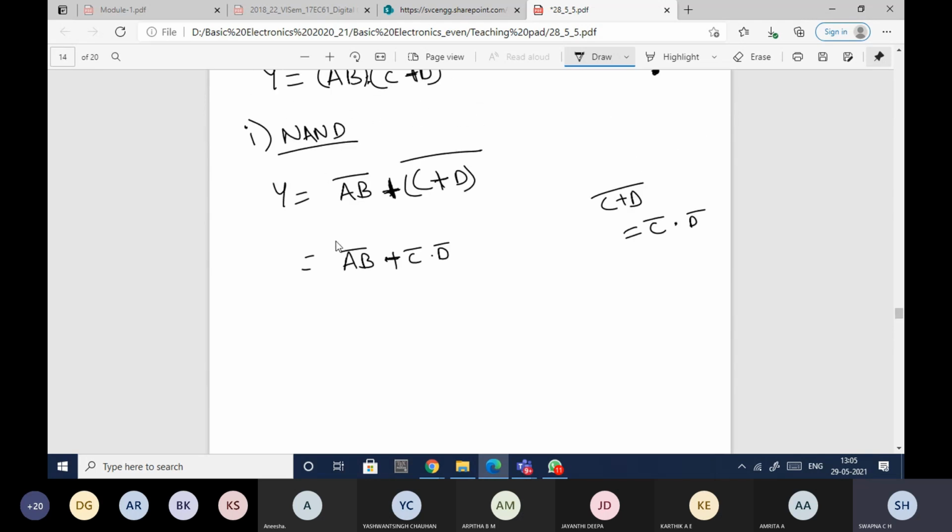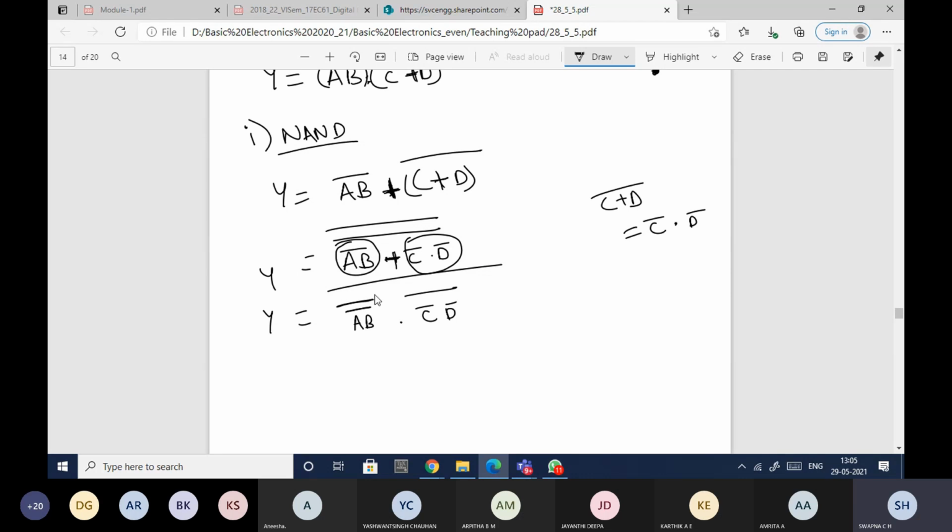So what you can do, you can take double complement. So Y is equal to double complement. Again I'll expand this plus. So it will be AB bar whole bar, because this term whole bar plus dot this term whole bar, C bar D bar whole bar, and the second bar will be as it is. Now is it in the required form? AB bar can be implemented. Again you have one more bar, so one more bar in the sense NOT gate.